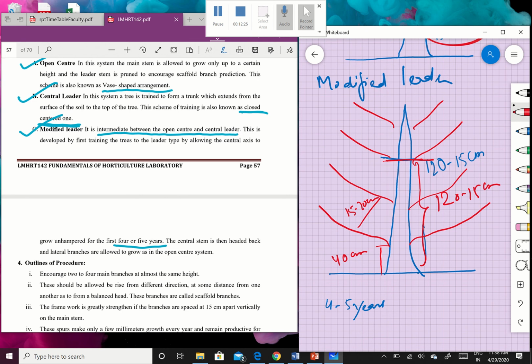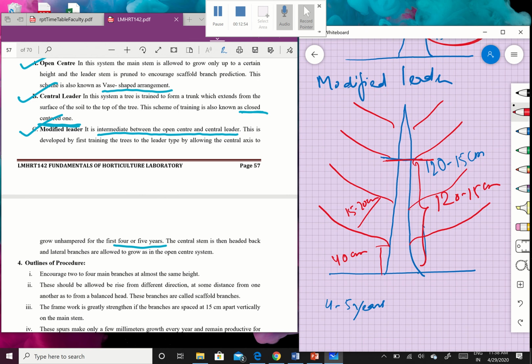height. So all retained branches will receive proper sunlight, proper interception of light will be there, so all the branches will be productive. This is a very suitable method and practiced in almost all regions. Among the 3 methods, this is the most famous and most commonly used one. This system facilitates easy carrying out of orchard operations like harvesting and spraying of chemicals, and any interculture operations, it will make it easier.